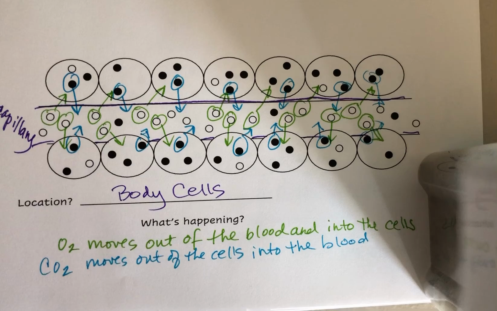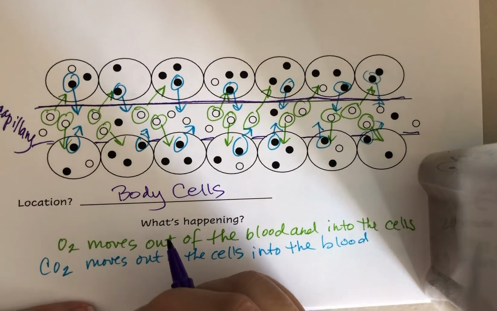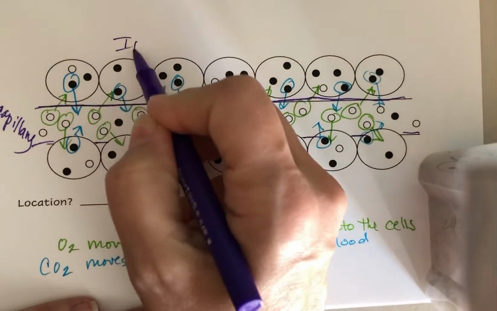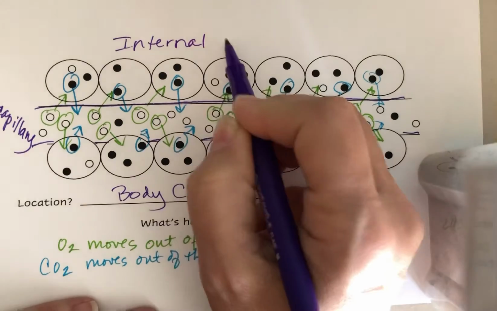This blood that is now deoxygenated is going to head back toward the heart, so it's going to leave the capillary, go through the venules, the veins, into the vena cava, back into the right side of the heart, over to the lungs, dump off that carbon dioxide, and pick up new oxygen like we saw in the previous video. This process is called internal respiration,